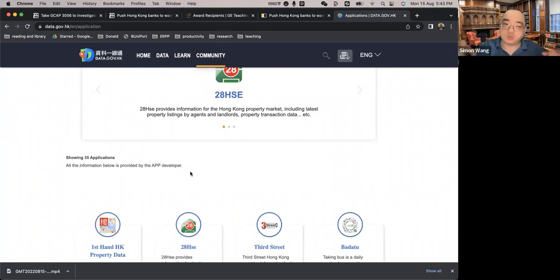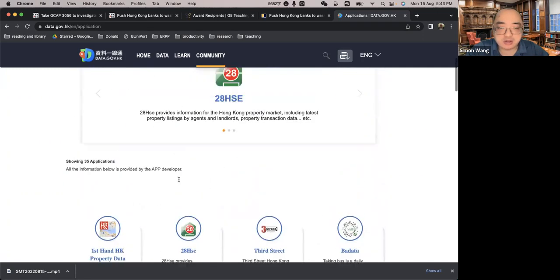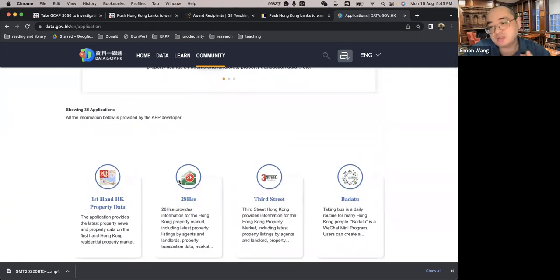It suggests that even though we do have a data portal and an open data policy for the government departments and bureaus to adopt and implement, this data is not that useful. So one of the very interesting questions for us to investigate is in what ways the government can produce or release more useful data that the community can really take advantage of, to build more useful applications to improve our quality of life.